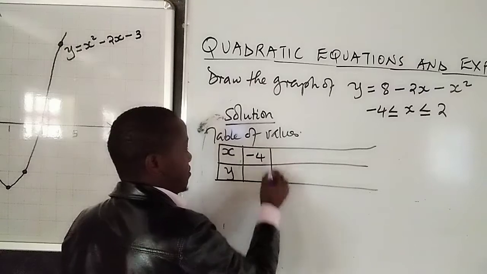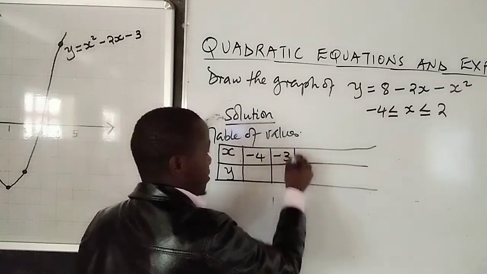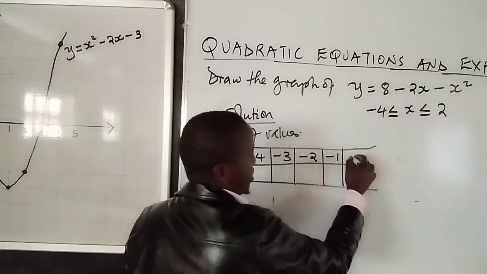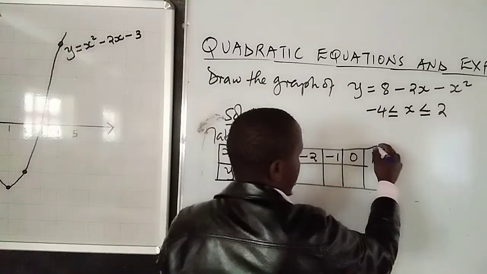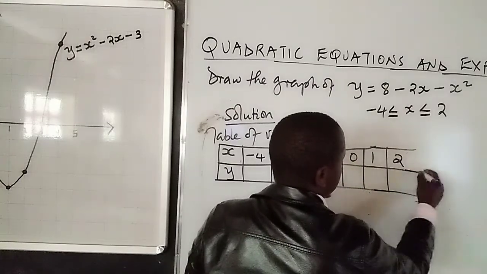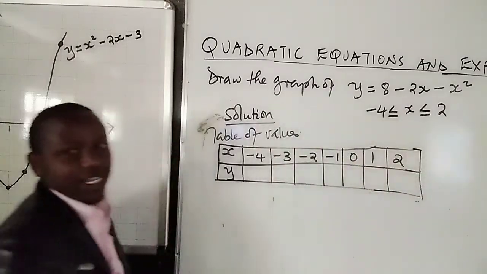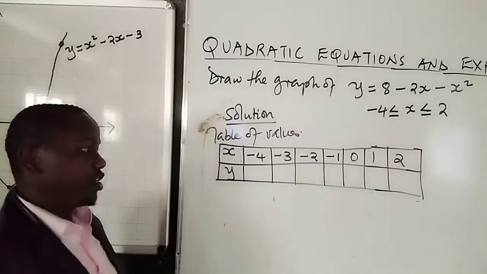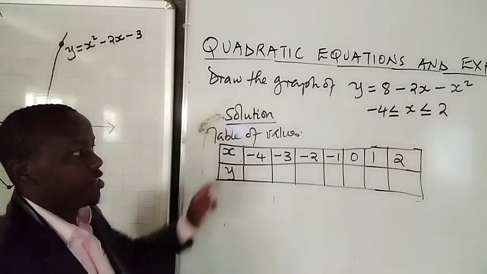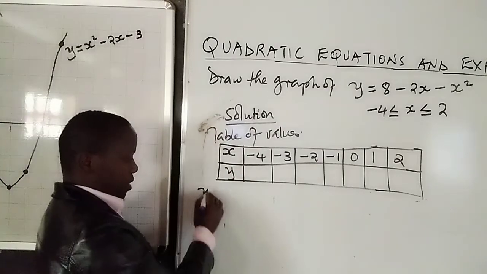Negative 4, negative 3, negative 2, negative 1, 0, 1, lastly 2. So that is how the table is. Now we start filling the desired values of y, and y is gotten by